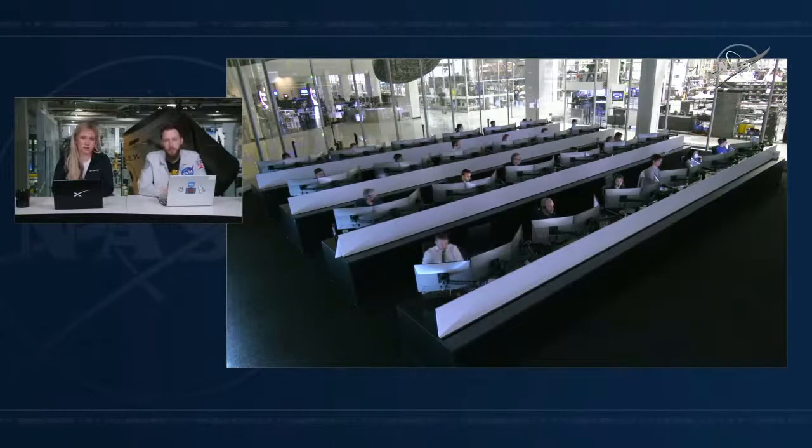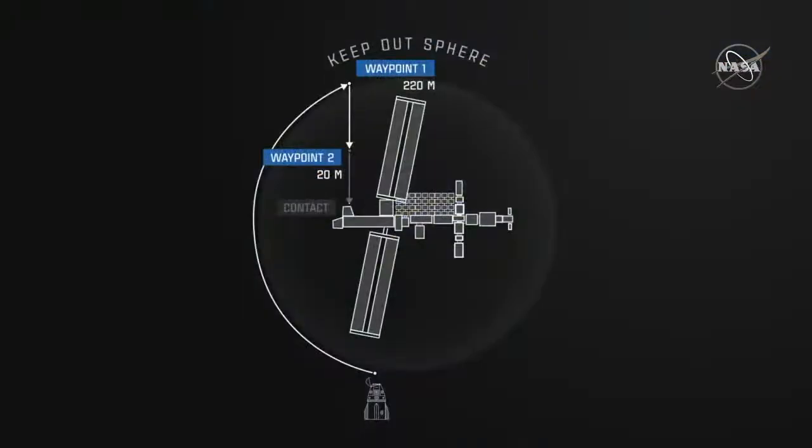So we keep talking about these invisible shapes. They're all intended primarily for safety of the crew, both onboard Dragon and onboard station. Yeah, and we do this with every vehicle, crew and cargo, where we just have these checkpoints built in. And you put it beautifully earlier. It's very similar to a countdown for launch, where we have these times, we have these moments built in to